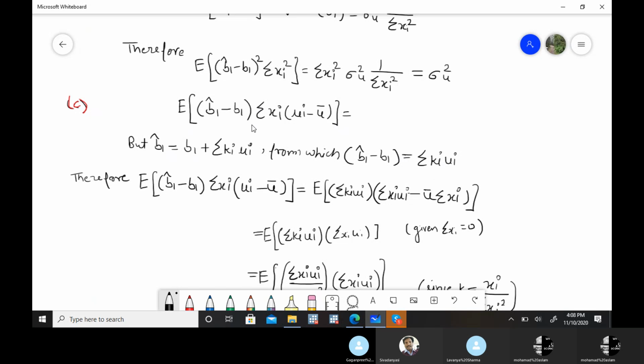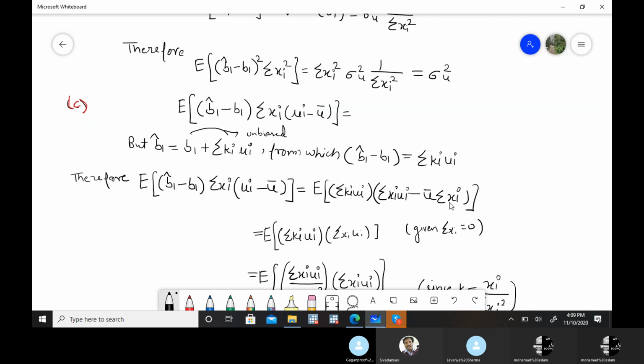This particular equation is from the unbiased part. If you go back to the unbiased part, there you will get this particular equation. In the end, before taking expectation, you will get this equation. So if we put this value summation ki ui here, now if you multiply these,